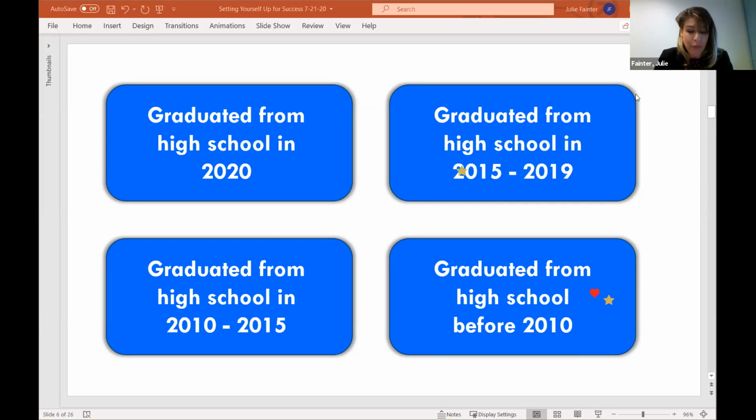Awesome. So the thing to remember is that college is very different from high school. Whether you did well or poorly in high school is really not a good indicator of how successful you're going to be in college. So you have a clean slate, basically. It's a chance to start over, and you can just have a fresh start and begin your college journey